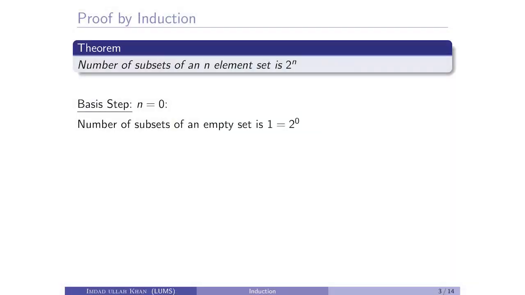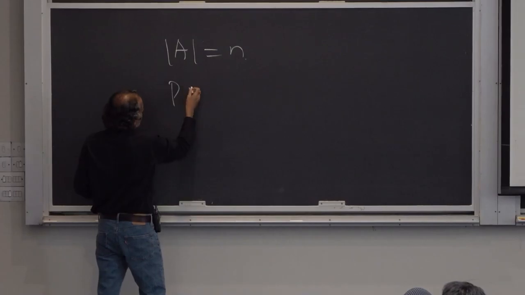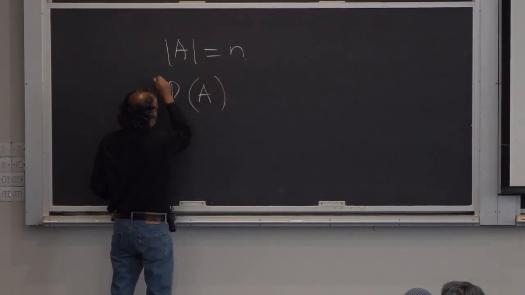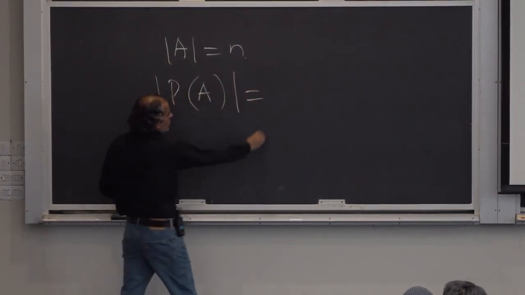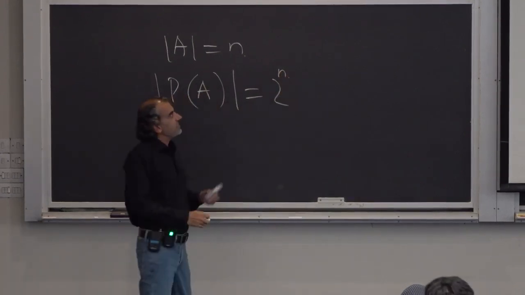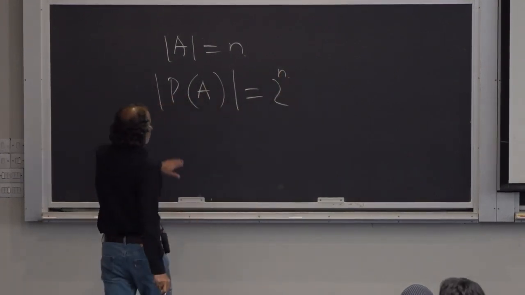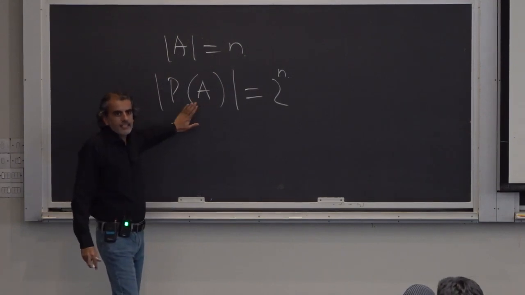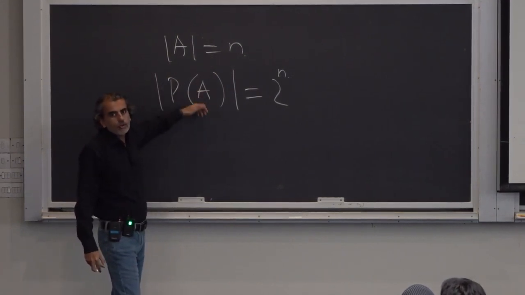Okay, so our next example is a slightly different example. Number of subsets of an n element set is 2 raised power n. And this is what probably we are able to recall from our basic set theory concepts, that given a set whose size is n, so if A is a set, its cardinality is n, then what will be the cardinality of power set of A? 2 raised power n. And what does the statement say? Number of subsets of an n element set. So what is the power set? Power set is set of all subsets, and the total count is 2 raised power n.